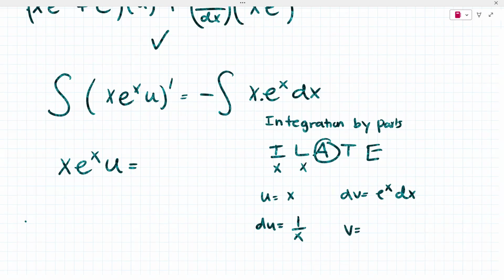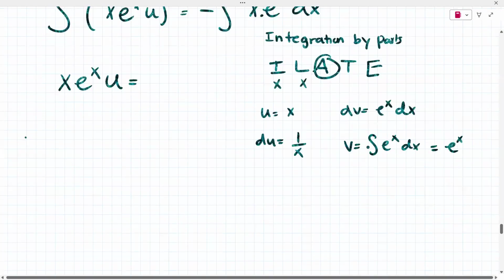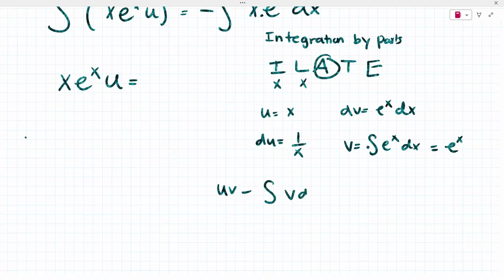And then my v is going to be the integration of e^x dx, which is basically e to the x. So if you recall, the integration by parts is uv minus the integration of v du. Okay. So my u is x, my v is e to the x, minus my integration of v du. So the integration of v is e to the x, and then my du is